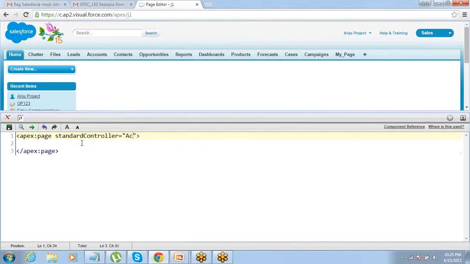Standard controller equals account. If I say this, basically this page starts using the standard controller for the account object. I told you Salesforce has a standard controller for every object. So if I define standard controller equals account, it starts using the standard controller of the account object. Or in other words, you just